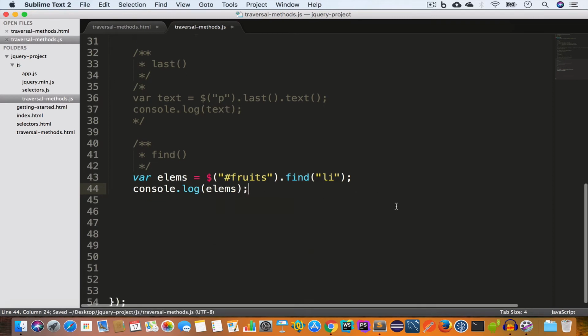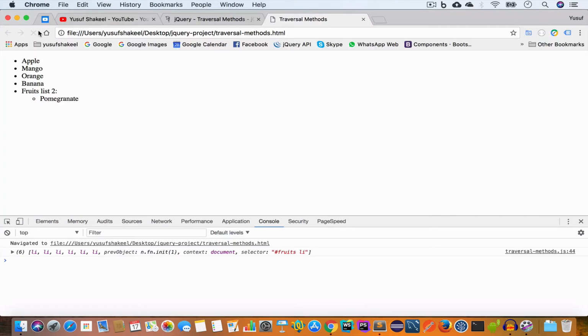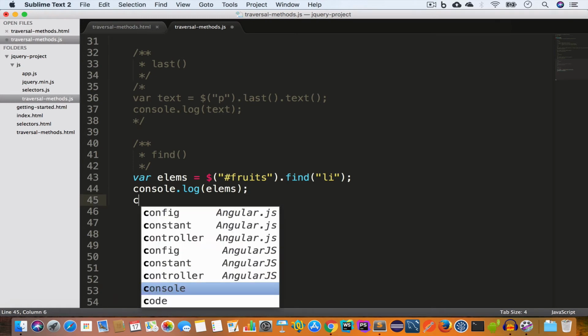So now if we save the file, go back to Chrome and reload, we can see we have 6 li elements. And we can also use the length property to find the number of elements returned by this find method. And since we are saving the returned elements in this elements variable, so we can also write, let's